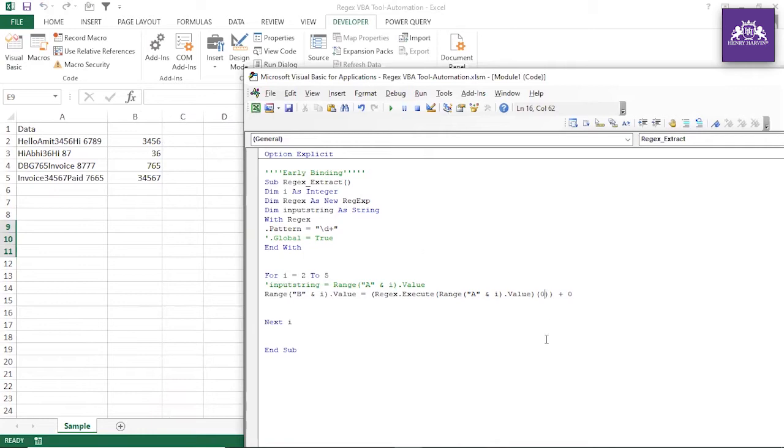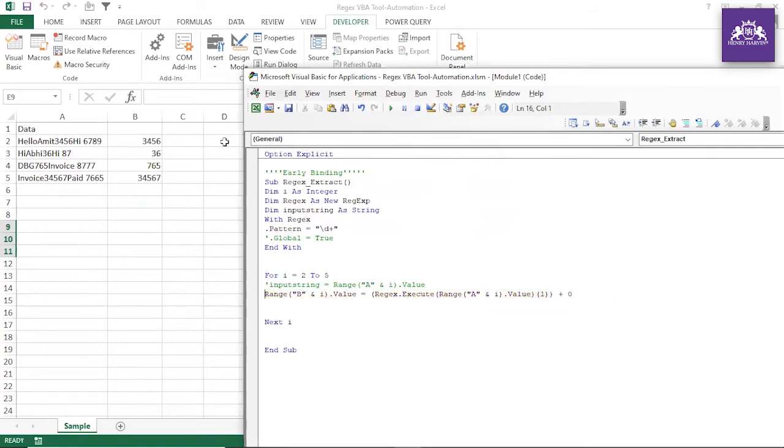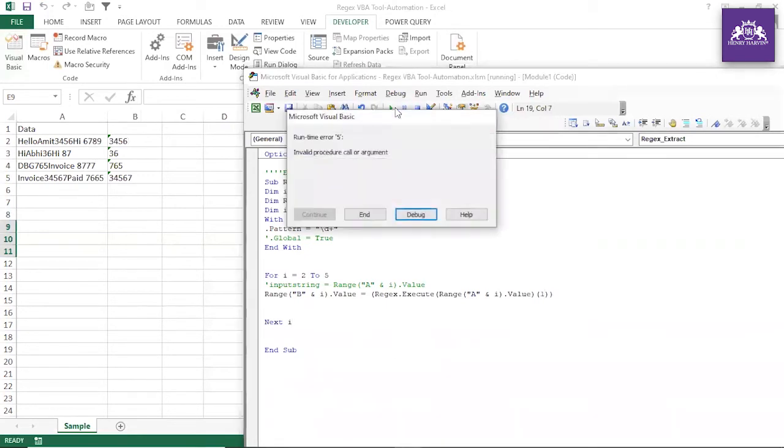And if you want a second result, you can type 1, and now see that it is not working. All right, so what is happening here with 0 and 1? If you remove this and just mention 0, then see what actually happens. You're getting this. All right, and if you mention 1, what are we getting here? There's nothing we are getting.